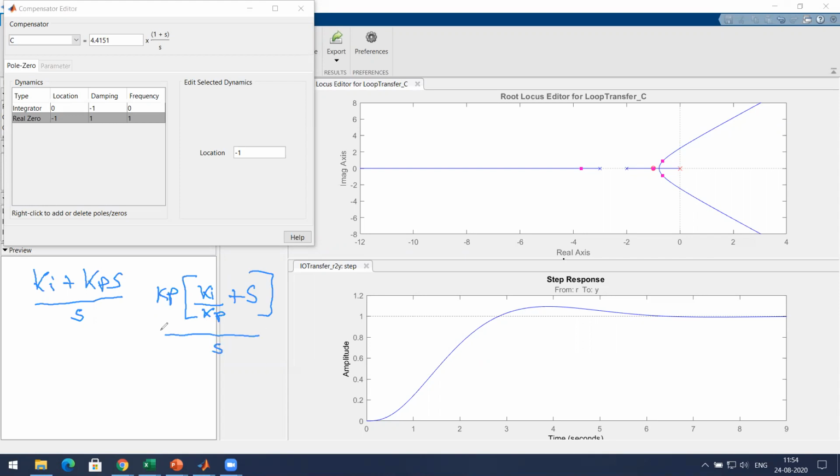Now we have used Ki is equal to Kp, correct? Yes, sir. Ki is equal to Kp.